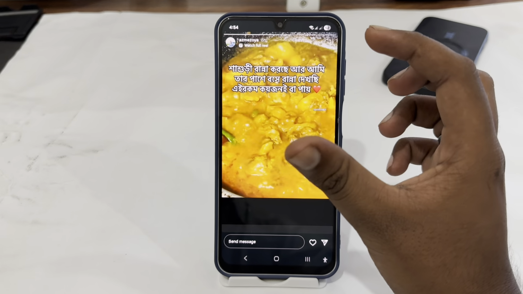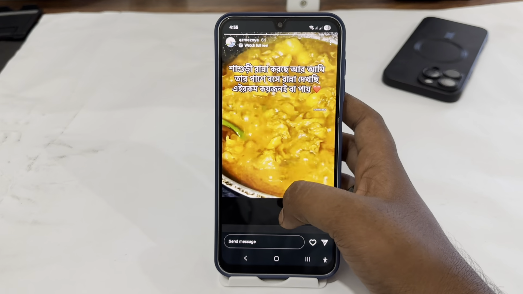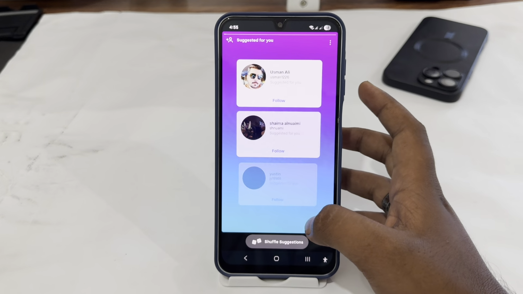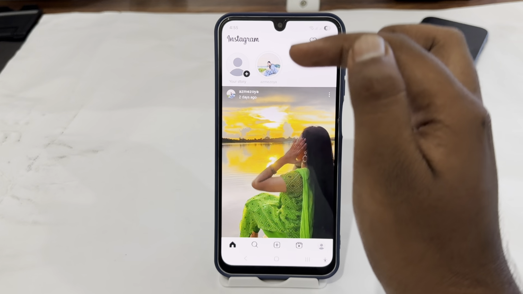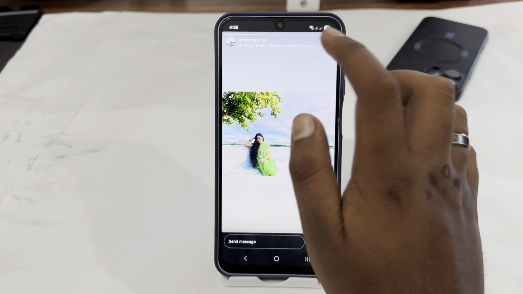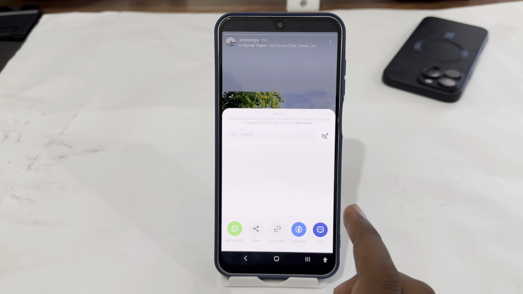If you are tagged in the story, you will get a simple title bar here, but here I don't have any option just like that. So here's a simple option. You just have to download this video and then repost it. Let's see how. Just tap on it, tap on the share icon, then tap on copy link, and